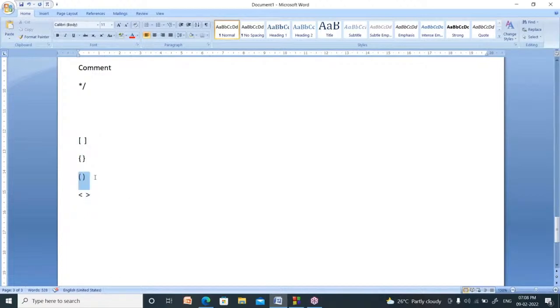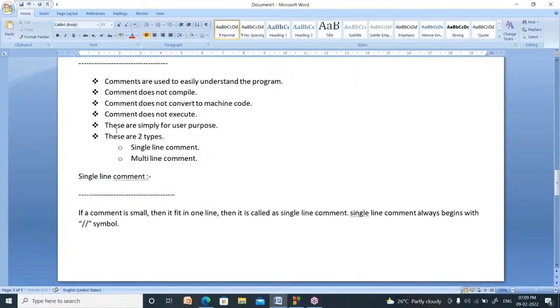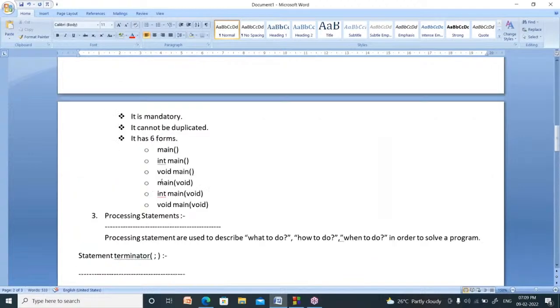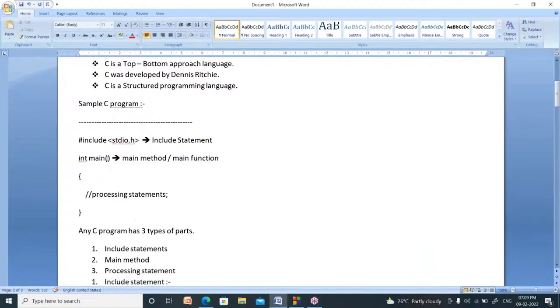Now what is the use of this symbol? This symbol is called the function symbol. It is used to indicate a function or method. Here, after main you used this symbol, which means it is called the main function.